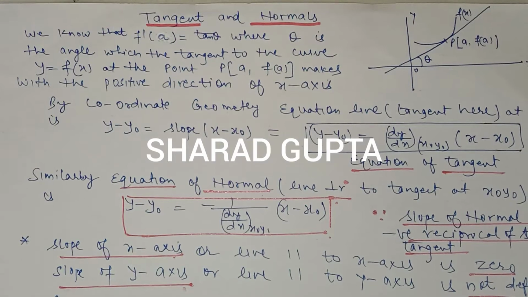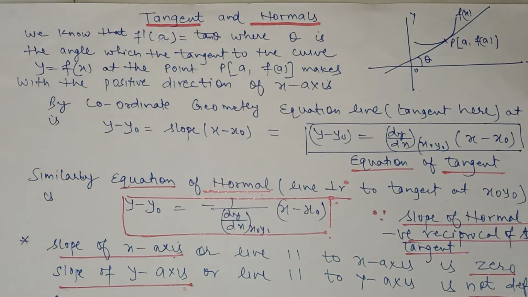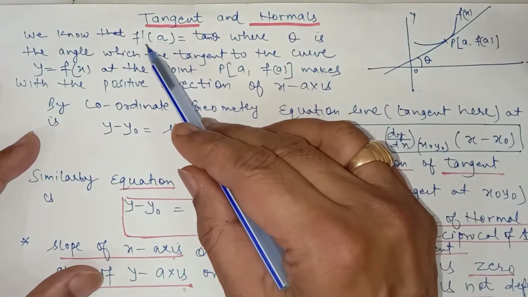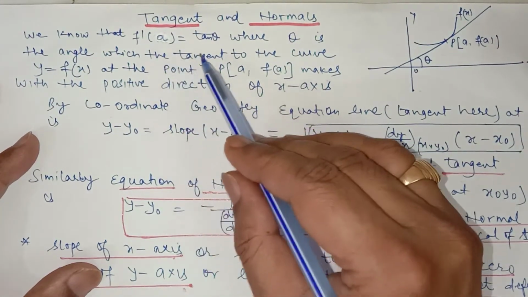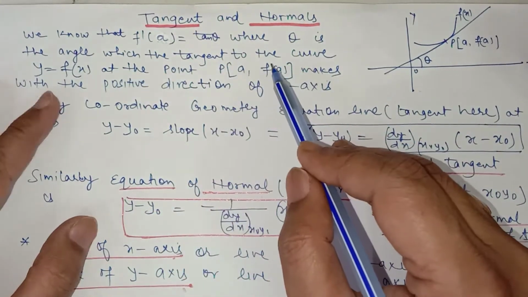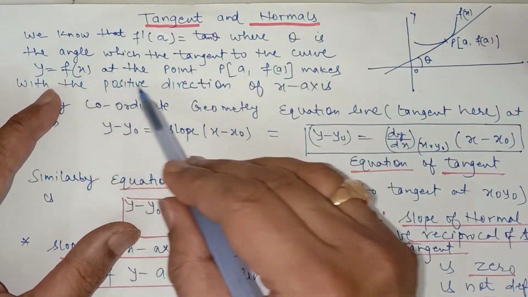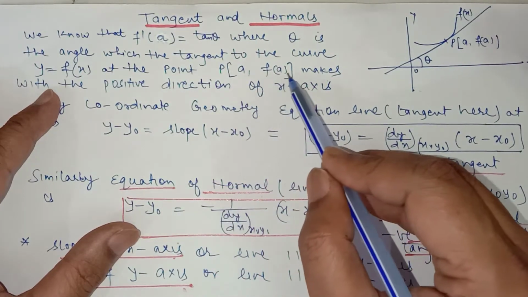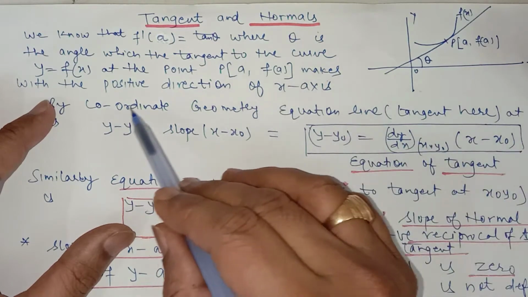This is lecture number 6 for the chapter Application of Derivatives for class 12th, and we are starting with the topic tangents and normals. Now we know that the derivative f'(a) is equal to tan theta, where theta is the angle the tangent to the curve y = f(x) at the point (a, f(a)) makes with the positive